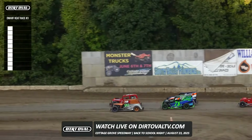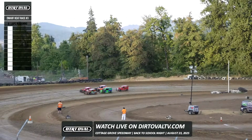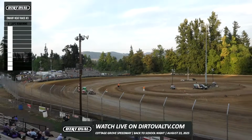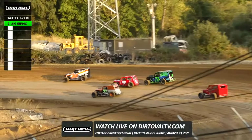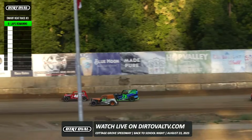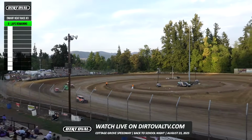Trevor Coates on the pole for this one. Normally works the infield here at the Speedway. Looking for the green. This time we are racing. Anthony Pope with an amazing start from the outside second row. Going to go from fourth to first in one set of corners. As they work their way down to 3 and 4 for the first time, Anthony Pope is going to lead